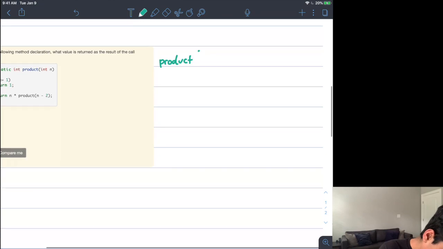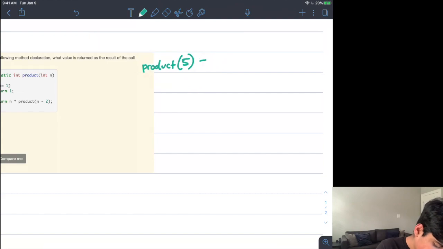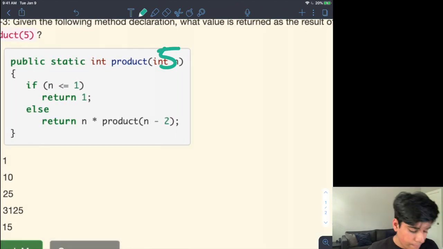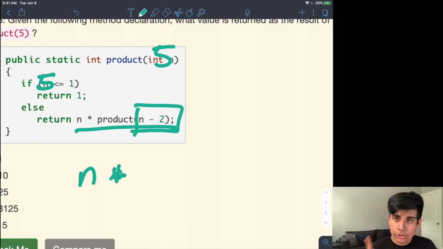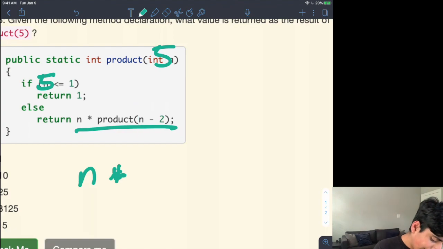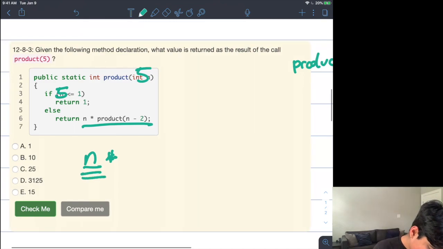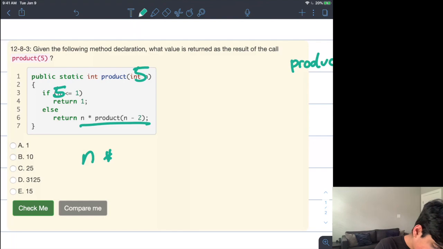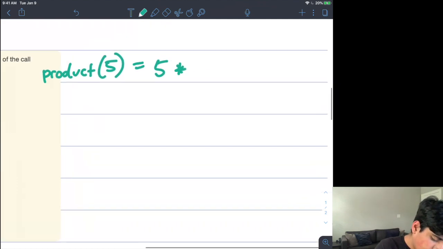right? And what is product 5 equal to? Because product 5 is, again, what I'm trying to solve for. So I can say that product 5 is equal to, if I put 5 in my input over here, is 5 less than or equal to 1? It's not. So I'm going to return n times, but this time it's product n minus 2. So over here, n minus 2, that's going to be n. So now you notice here I have n also. I have n, which is 5 as my input. So 5 times product n minus 2. 5 minus 2 is 3. So this is going to be equal to 5 times product